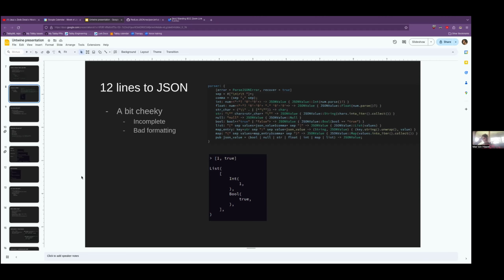Can you use Untwine to build things that are not exactly parsers? I'm working right now on an inliner for Python, but I have a project where I need to be able to turn a large piece of Python code that has many different files importing one another into one Python script. And so that's sort of like parsing, but it's not exactly parsing, right? Are there other applications beyond parsing that you think are possible? I mean, it sounds like parsing would be at least a part of that, right?